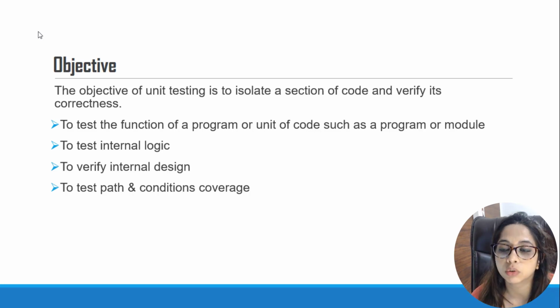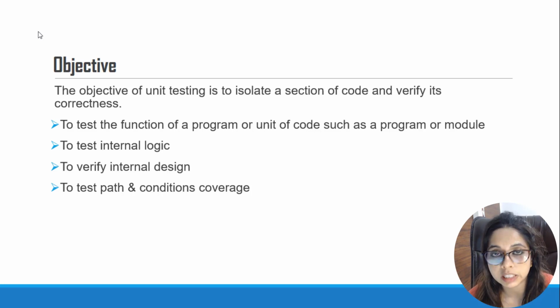So in any code there will be conditional statements, there will be loops which will be applied. So unit testing will make sure that all the conditions which we have applied are actually working as per the requirements. So let's say we have applied a conditional loop and we have written a piece of code which in turn is leading us to an infinite loop, or maybe which in turn is not giving us the exact result set which we wanted. So unit testing will be helpful in finding those errors out in the initial phase